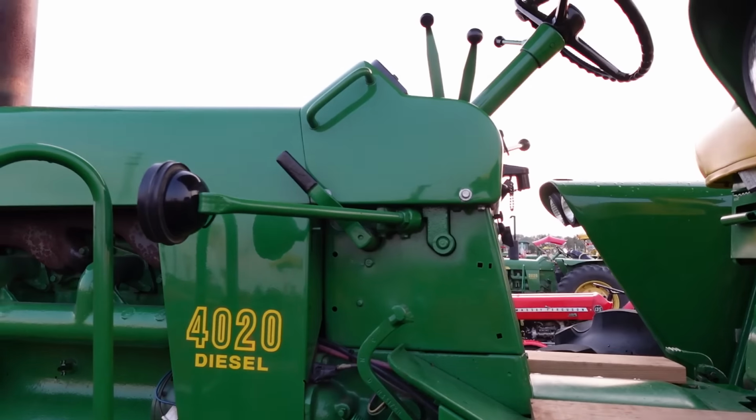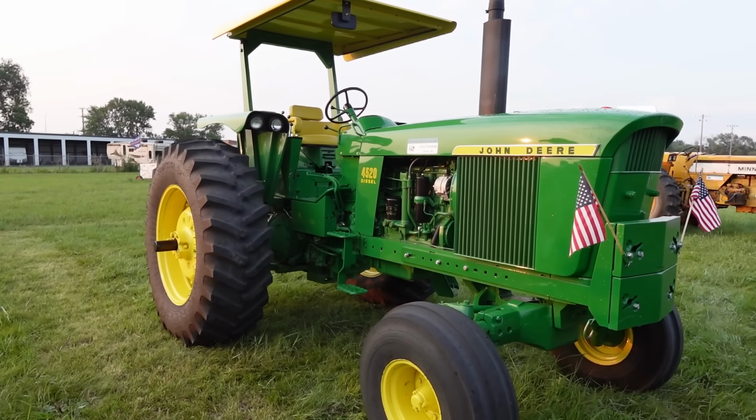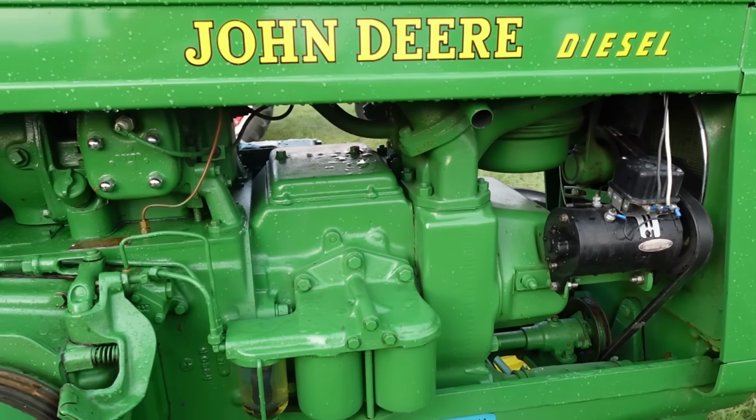Here at Locust Motorworks, we like to dive deep into some of John Deere's coolest technology and check out some of the best tractors ever built. Today's topic is the John Deere R. Now this tractor provided a lot of firsts for Deere, and we're going to look at what this ground pounder